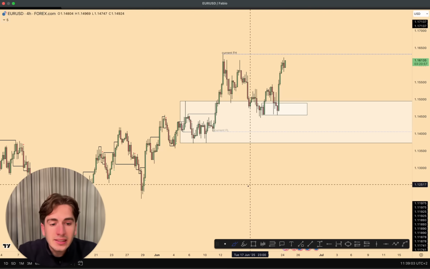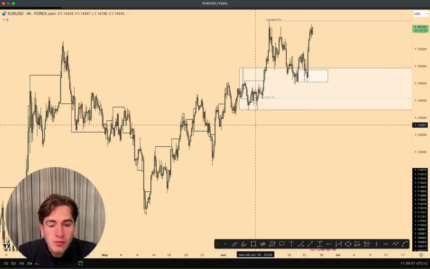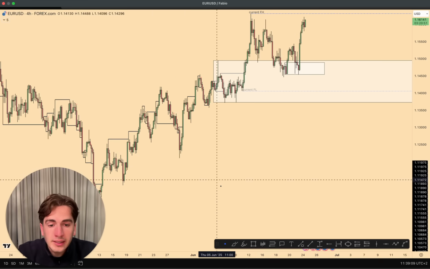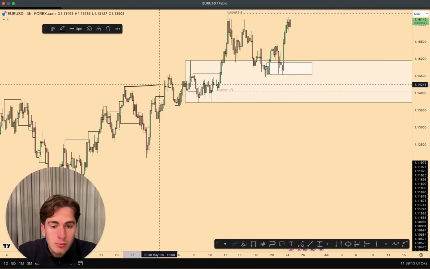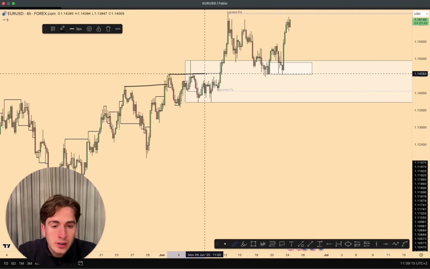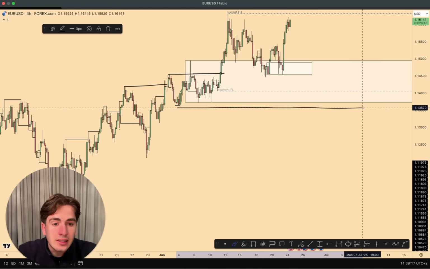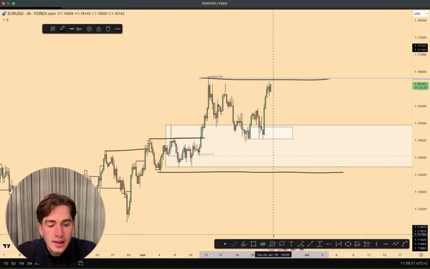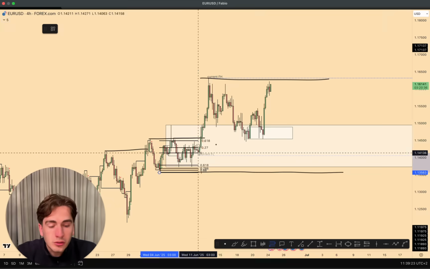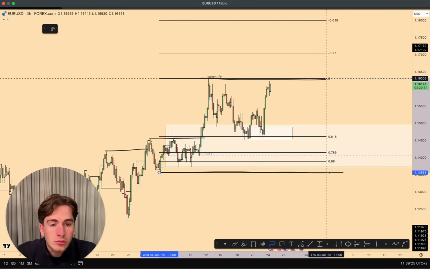Now, what we can see overall here from EURUSD is that if we look at it from a 4-hour swing structure perspective, the overall swing structure has definitely been bullish in towards the highs, with a break of structure taking place here, a break of structure taking place here, this here being the swing low, and this here being your swing high. Now, then drawing in your Fibonacci retracement tool, you can very clearly see that the market retraced exactly in towards the 618,